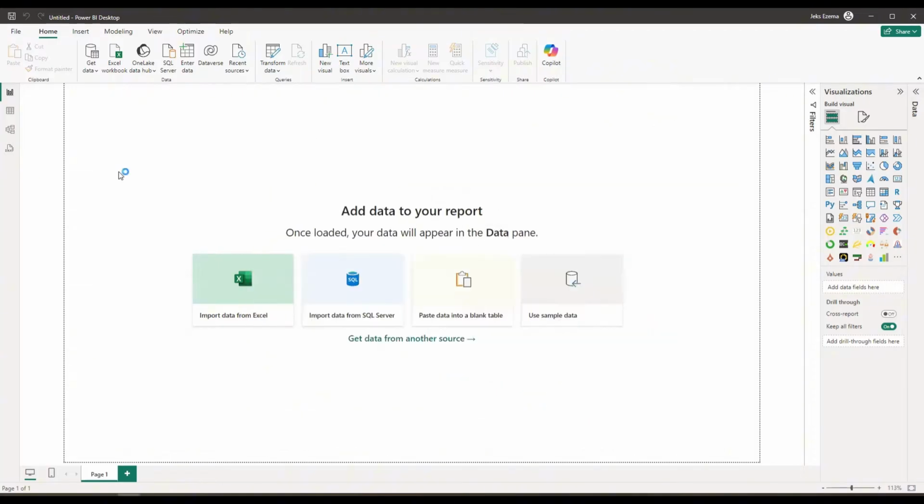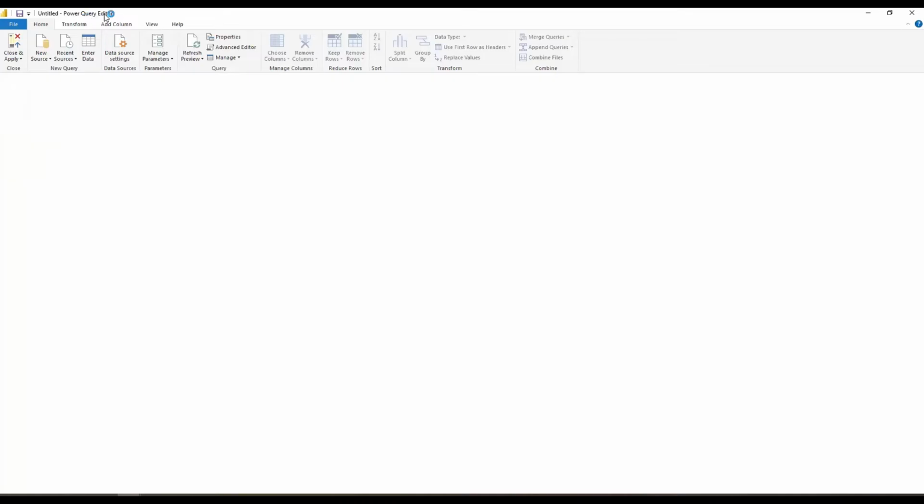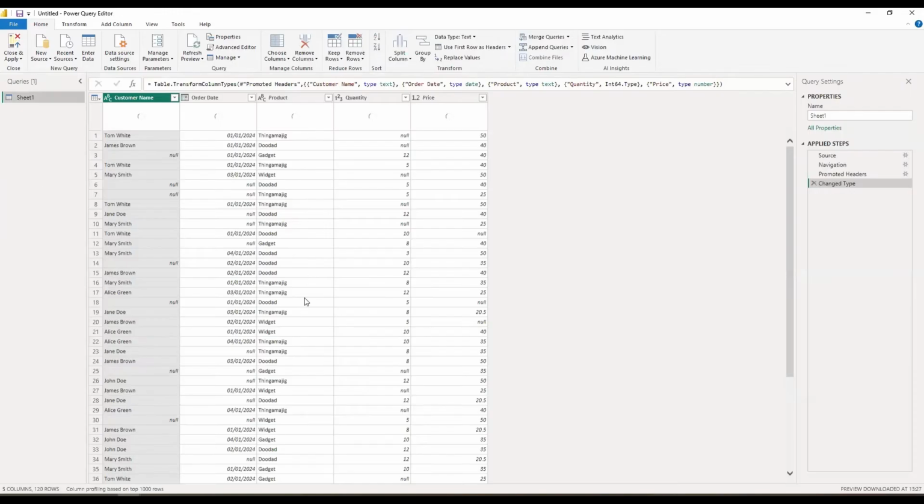Once you click transform data, it takes us straight into the Power Query editor. This Power Query editor is where we look at the data, clean up the data and everything around it. I know I may have touched on this in the previous sessions. This is not the first time I'm doing anything on Power Query, but just for those that are meeting this for the first time,